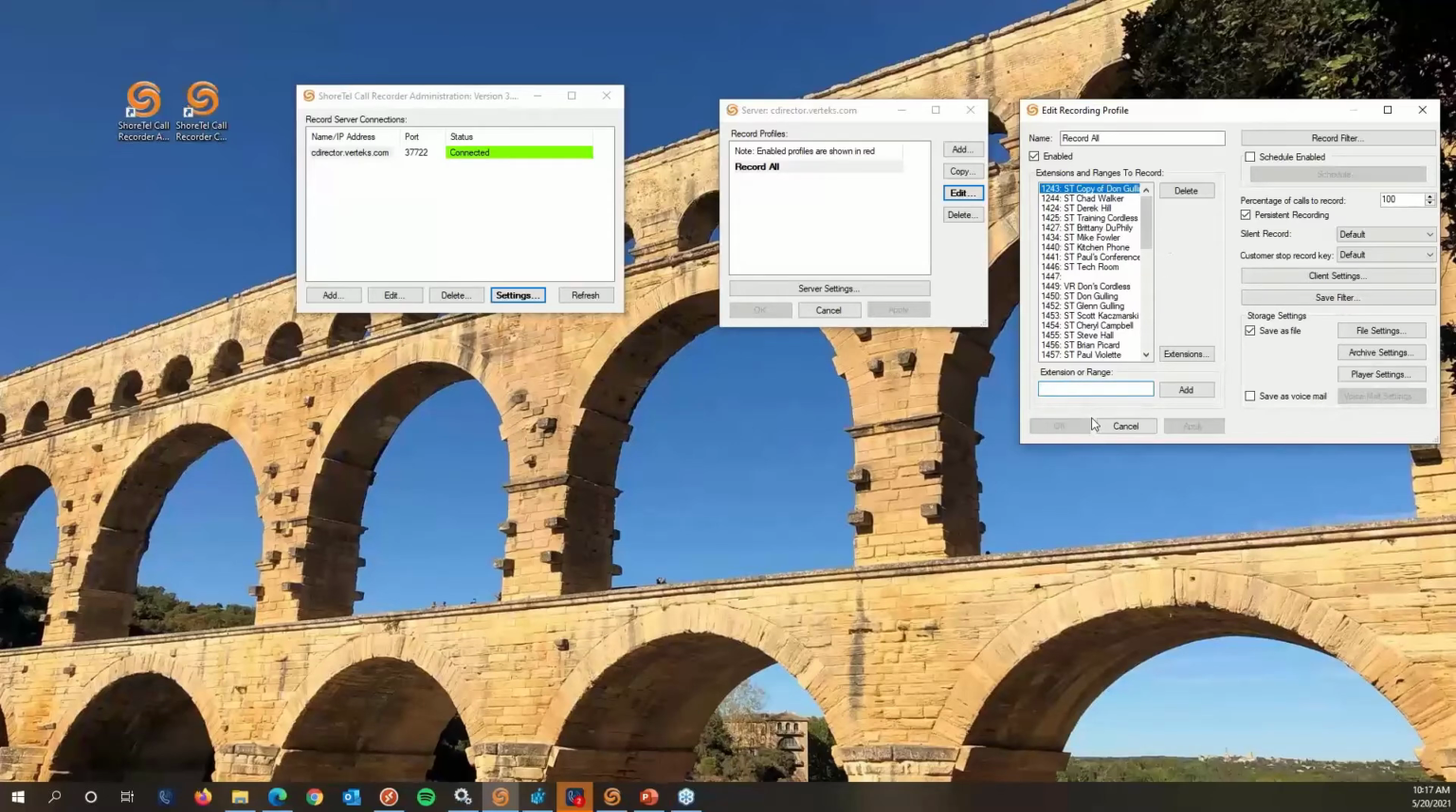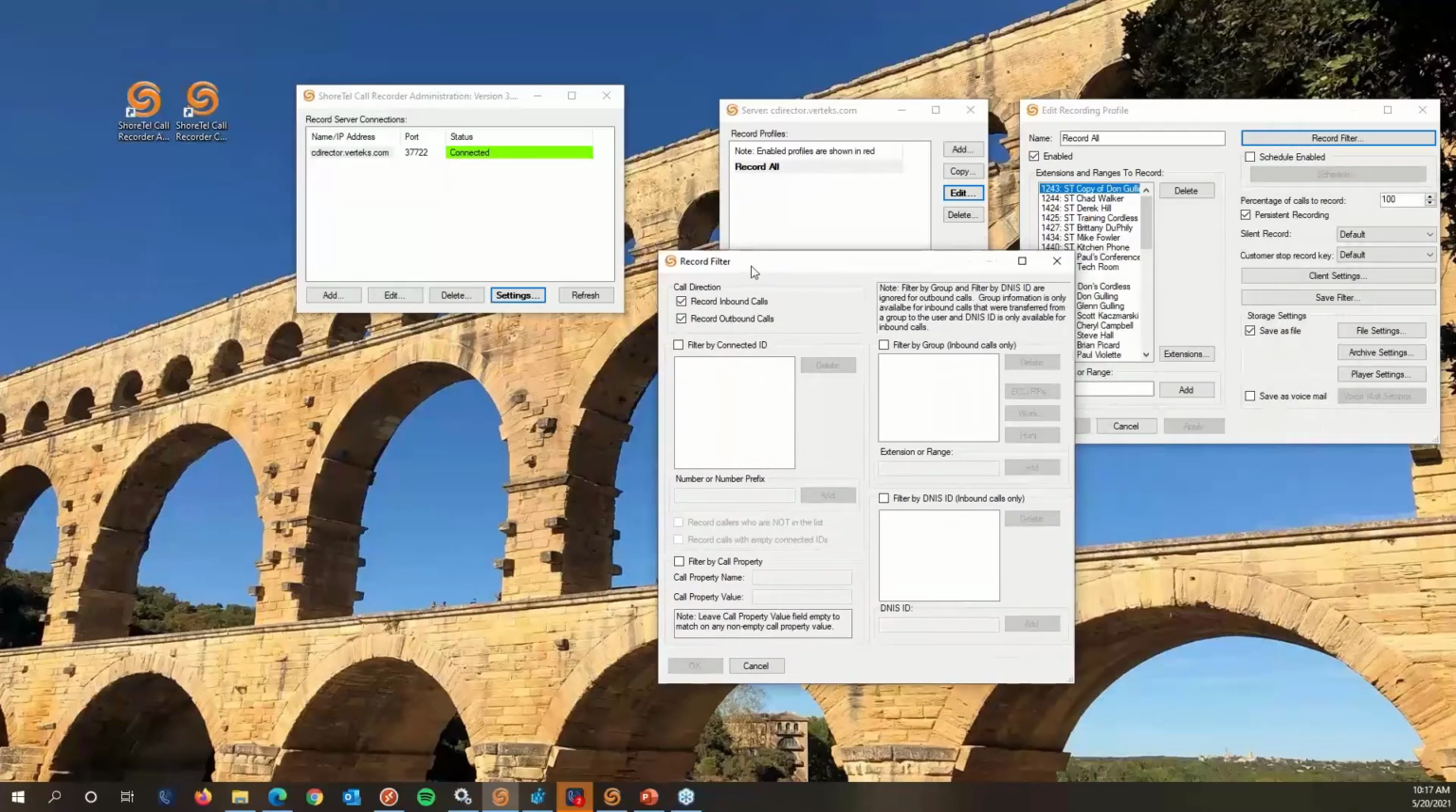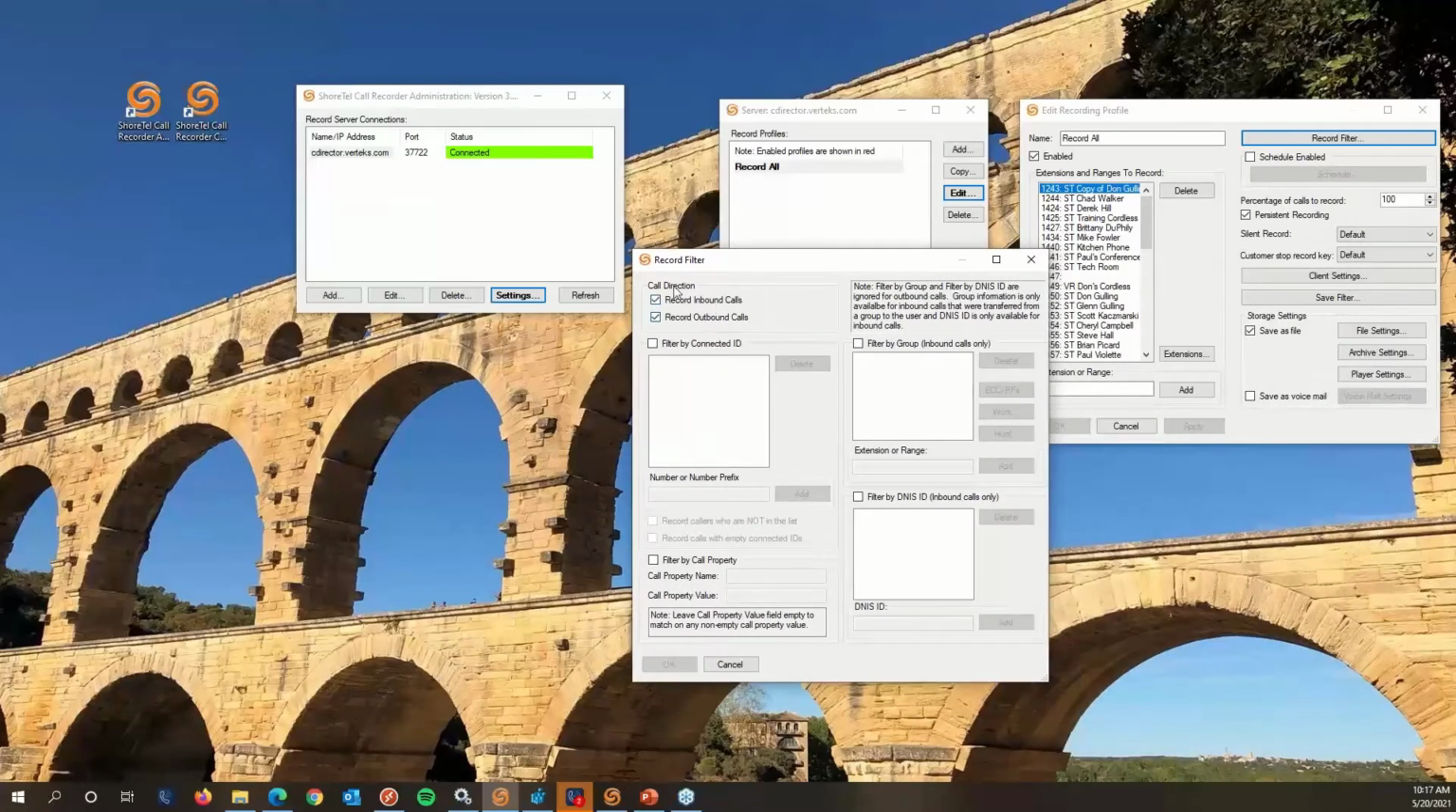So once you have the extensions selected that you'd like to record, the next option you have here is a record filter. In the record filter, we can say, do we want to record inbound calls and or outbound calls for this call recording profile? We can also filter by the connected ID. That's essentially the caller ID of the outside party,